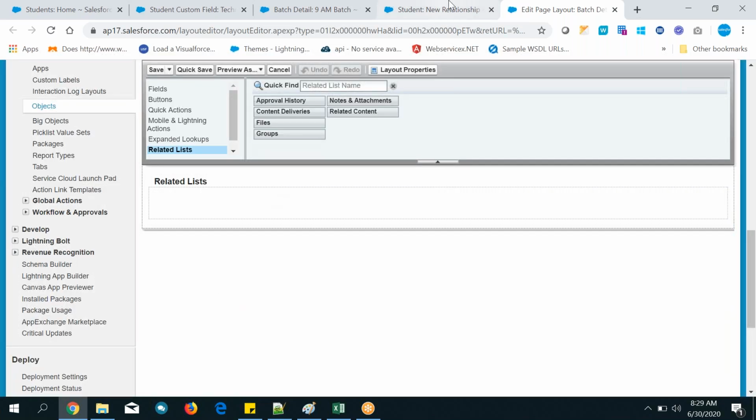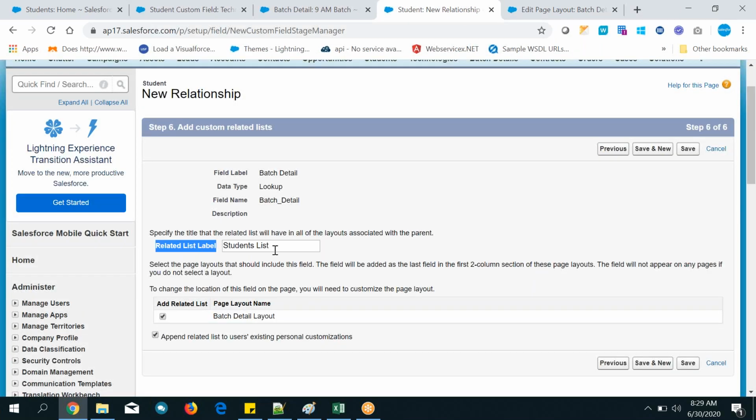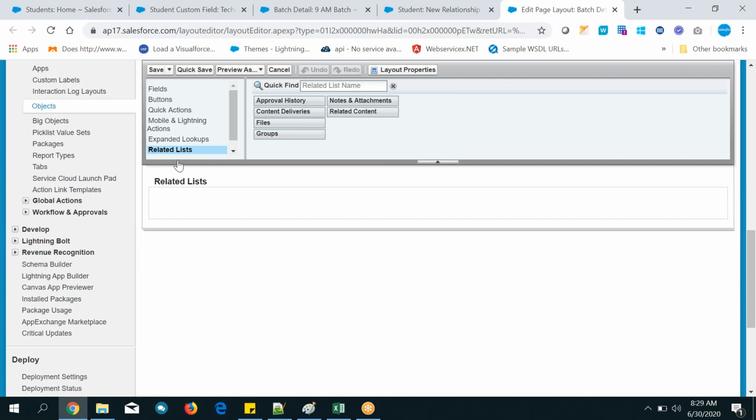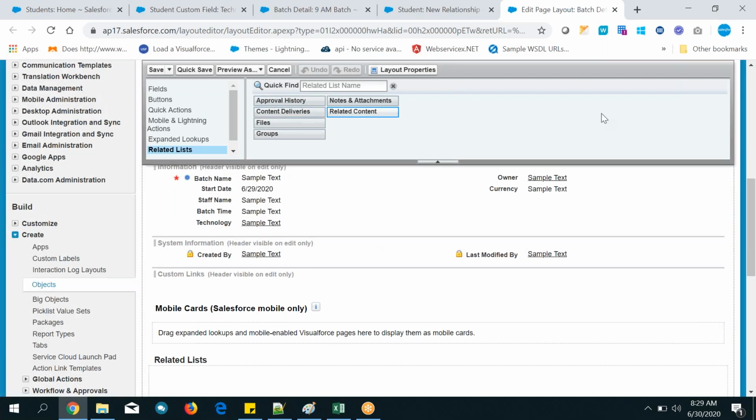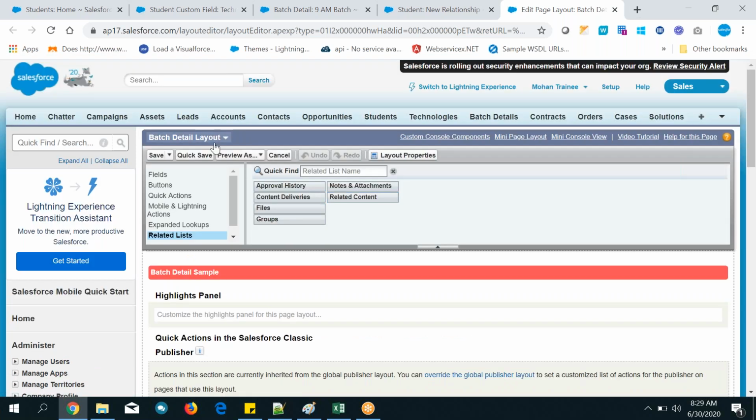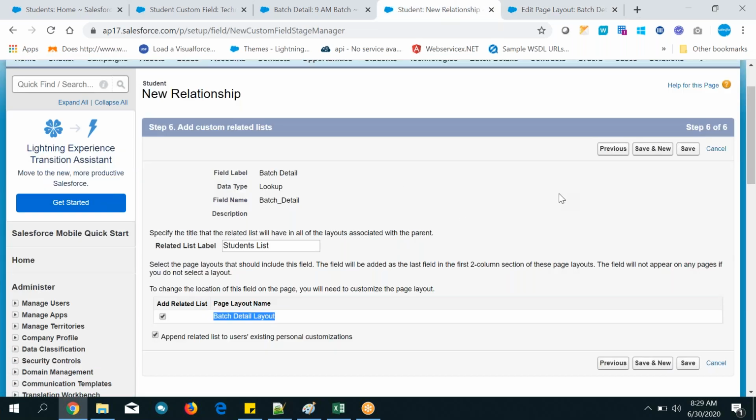Here it will be added. So this is the meaning. Related list is a student list and adding to the batch detail layout. So related list, and if it is added over here, okay, it is added. It is going to be added to the batch detail layout. That is the meaning here. Okay, here itself we are adding the related list for the batch detail page layout. That is the meaning. Sixth step.